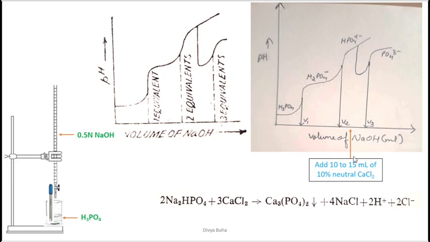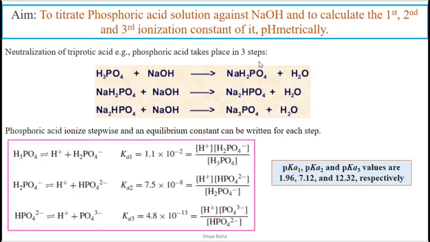Okay, so again I'm repeating, after the second equivalence point immediately you have to add 10% neutral calcium chloride solution. So H+ ions would be released, and due to this the pH would suddenly drop, and then again keep on adding the NaOH solution in the beaker and the pH would again rise, and you will properly observe a pH break, and that would be your third equivalence point, wherein all of the H+ ions which are released in this solution would get titrated against NaOH, and all of these three reactions would get completed.